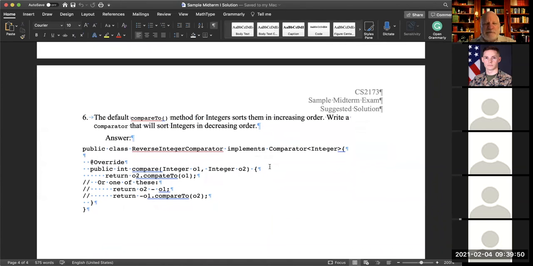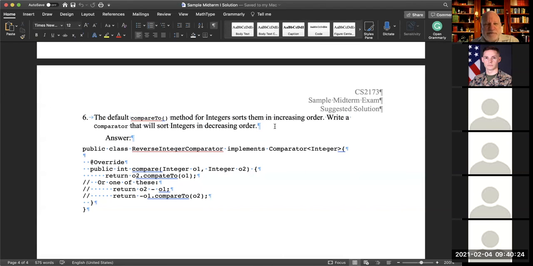I'm not going to make you responsible, but just for completeness, the relationship between the Comparable interface and the Comparator interface, and how to manipulate those, was being asked for here. What I asked for is that the default compareTo method for integers sorts them in increasing order.